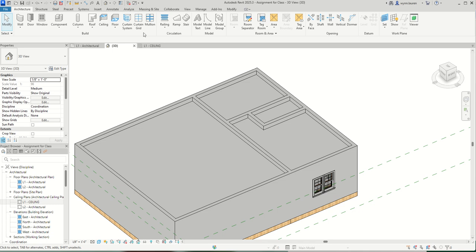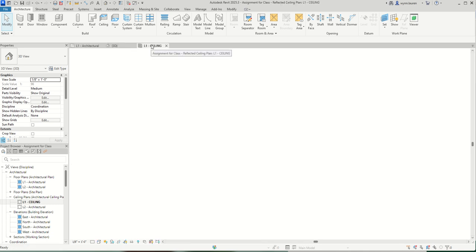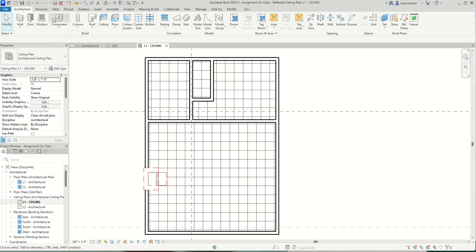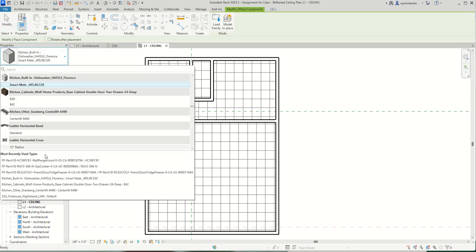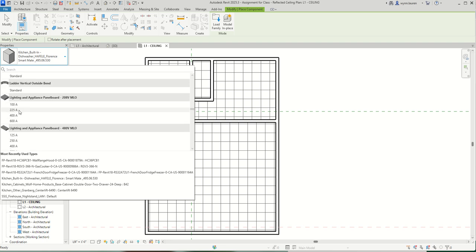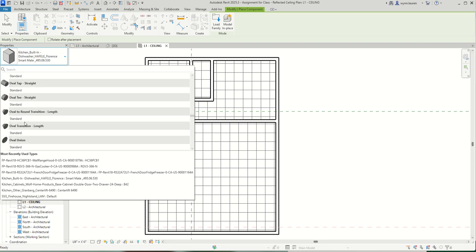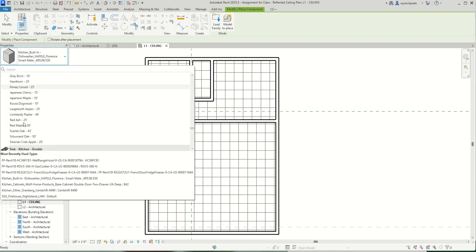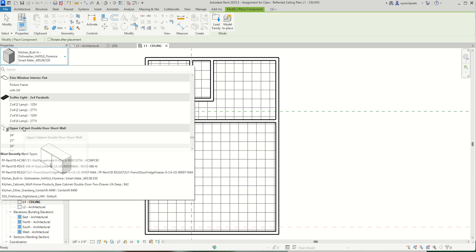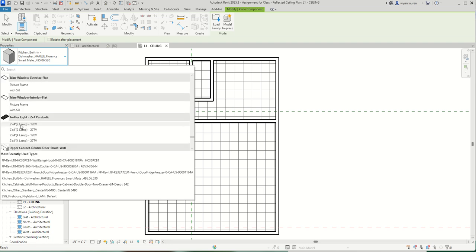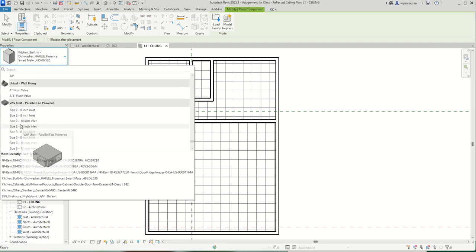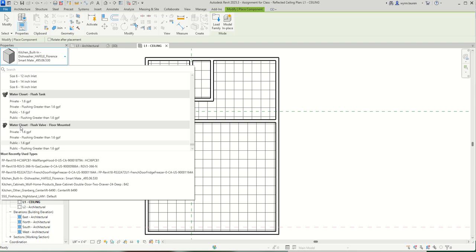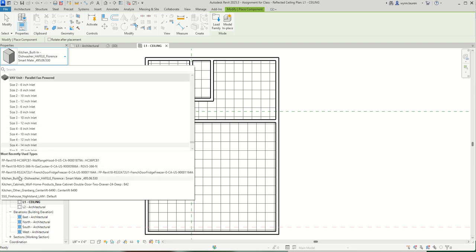The next step is to add lighting. So, you guys can get creative with this. Revit has a couple, so for example, if you go to load, place a component, in here you will find some, this is a panel board, but you will find some lighting in here. There was one, let me find it. Oh, troffer light. So it kind of looks like the lights in our classroom, which you probably won't have in an apartment. So this is something that you can download. You can download different light fixtures. I downloaded this,